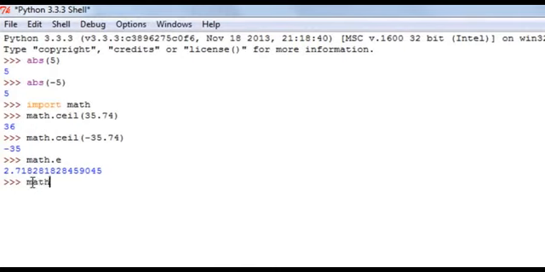So if, let's say, I want to calculate the power of e raised to the power 7, then I'll type in math.exp, and then within parentheses I'll just pass in the number 7 as an argument. So the result is